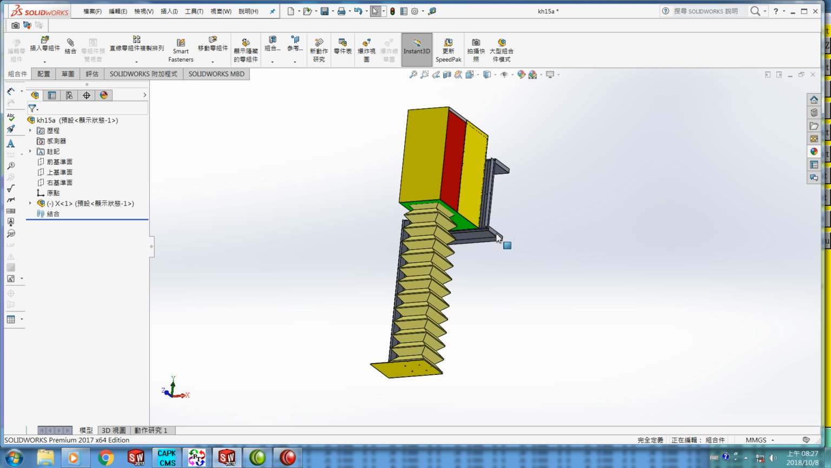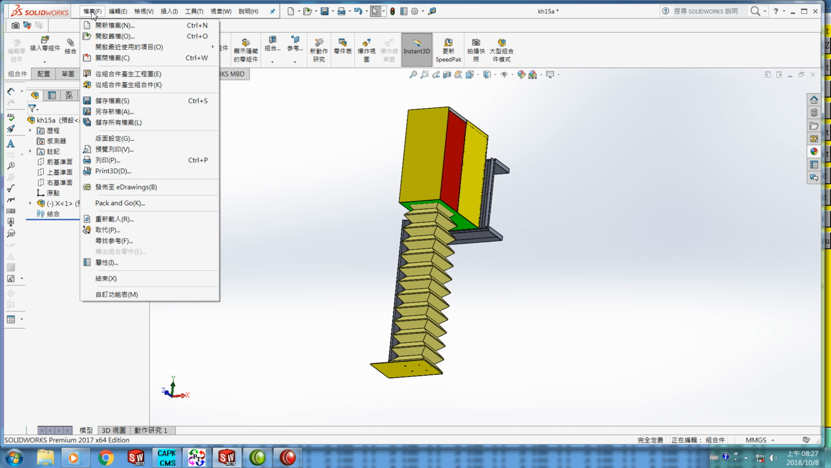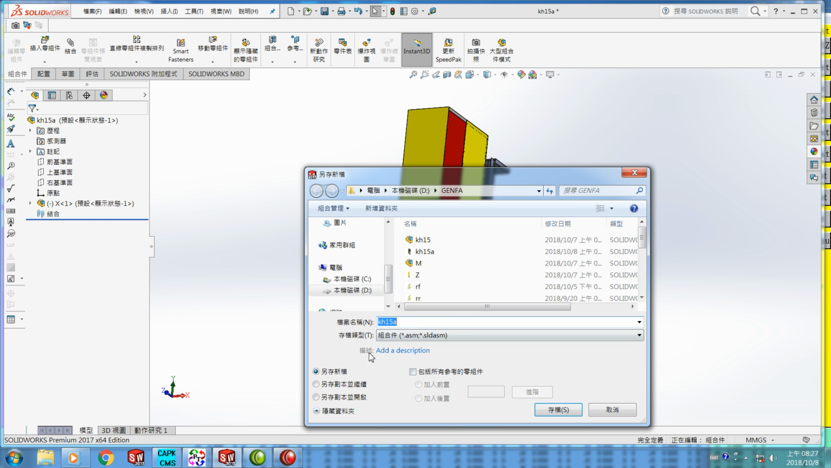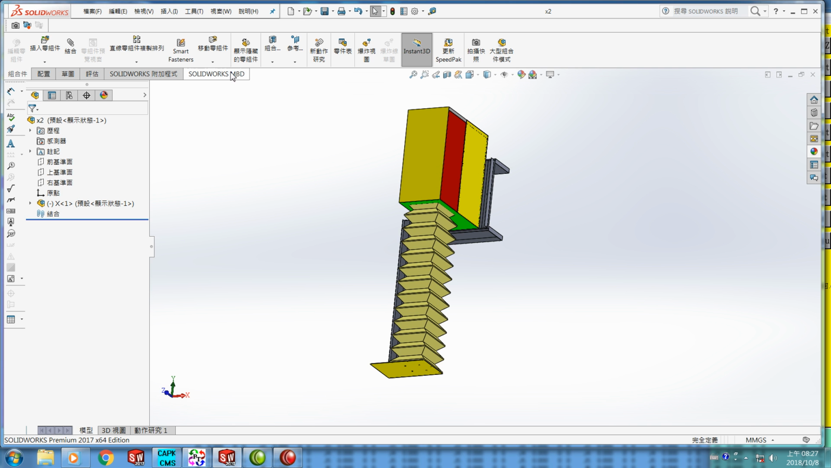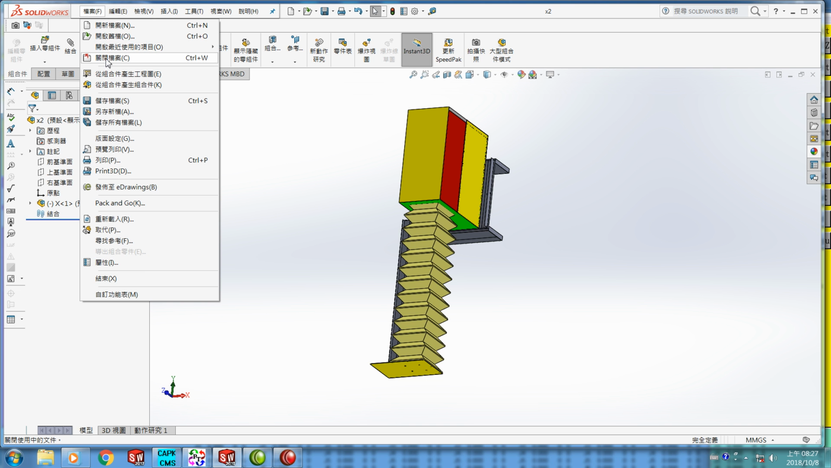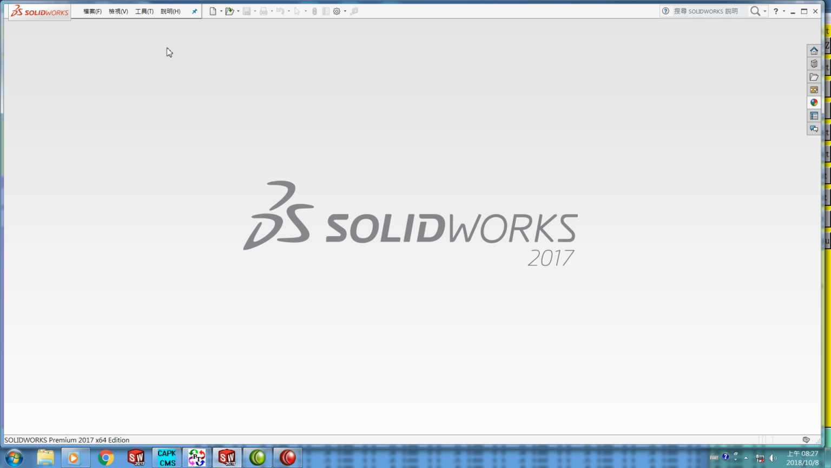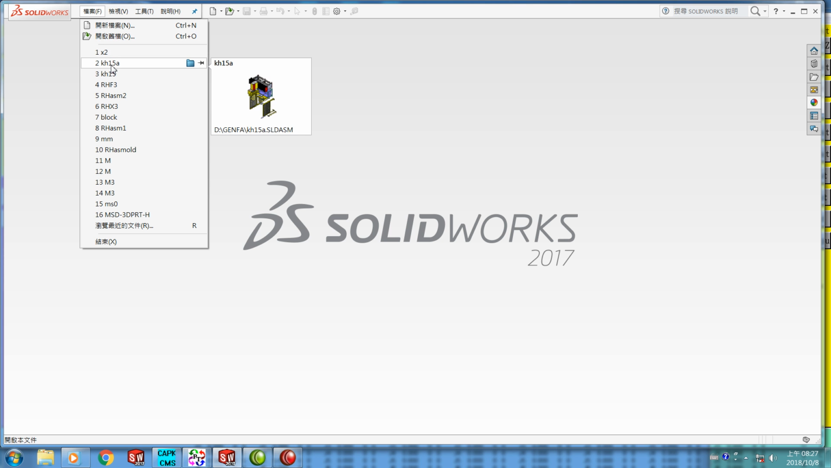So we need an assembly file or PRT file of the SolidWorks format. Then we have to save another new file, right, in ASM. OK. And we give the name of X component. How about giving X2 to create X2.asm? OK. So the X component is saved. Then we close the old file to clear the screen and reopen KH15A